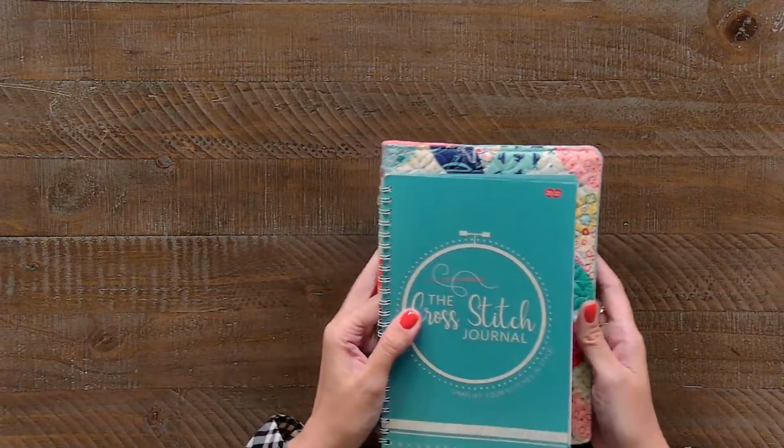But I will talk about my monthly plans and how I'm going to do them, whether it's the beginning of the month, end of the month, that kind of thing. And these will be things that you'll be able to see that I stitched throughout the year. So we're going to just jump right in. So I've got my cross stitch journal,